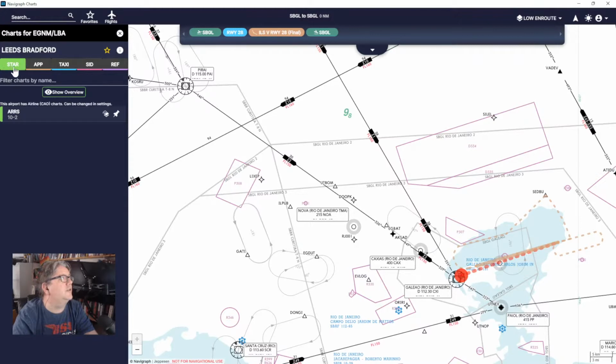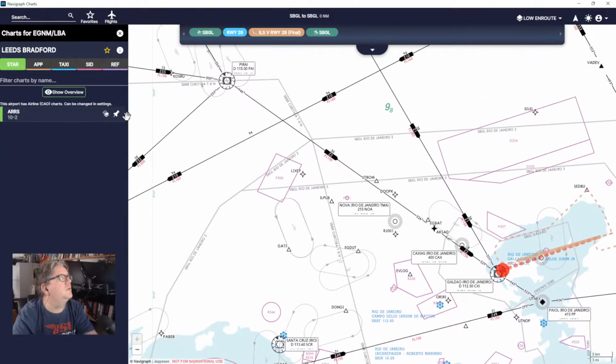The STAR is the standard arrival routes. The SID are standard departure routes, but the main thing is if we click on Leeds Bradford, we will find